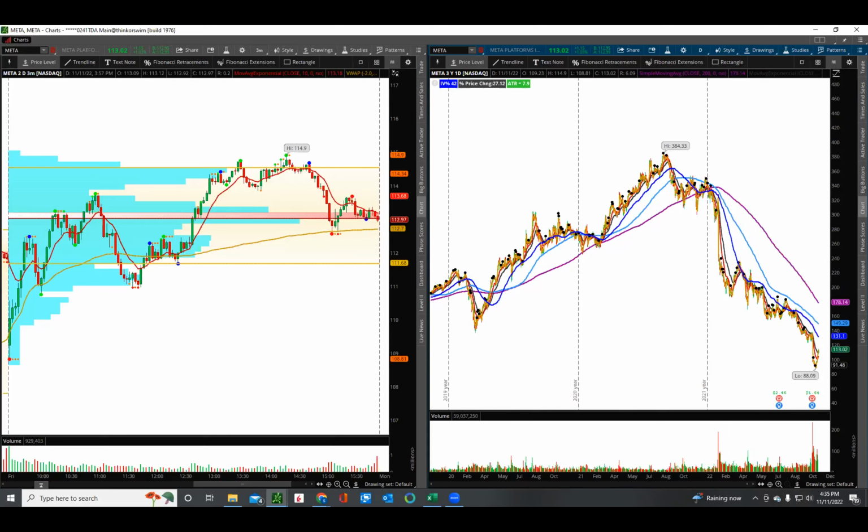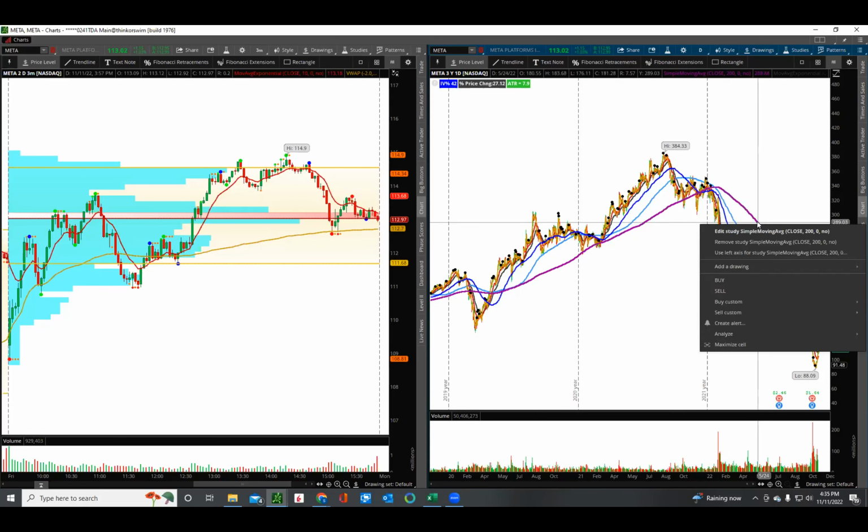So now when you get into the exponential, the difference between the simple and exponential is that the exponential is going to react more quickly, okay? Because it puts a greater emphasis on the recent data points as opposed to the overall. So when you look at the 200, let's go back here real quick,